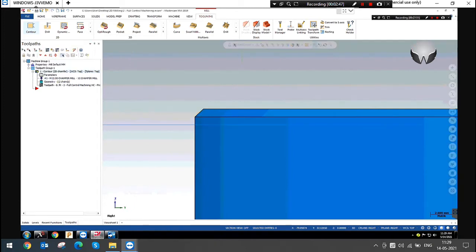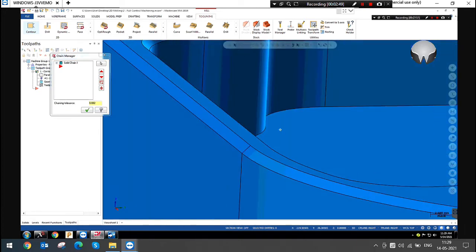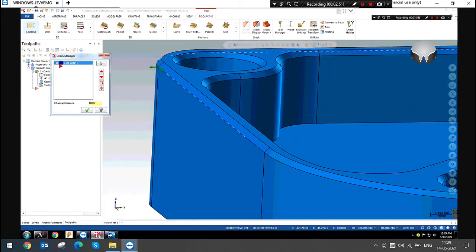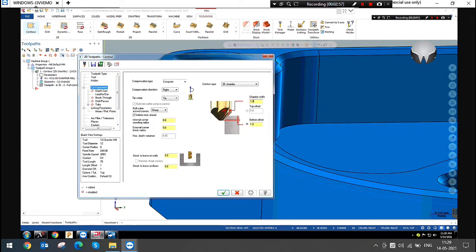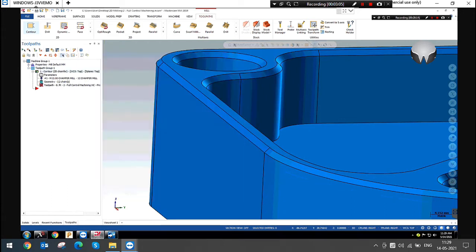I have selected this chain, the before chamfer line. Those edges I have selected, and I am giving the 1 mm chamfer width. It will remove the material exactly. If I give the offset, you can see the difference.